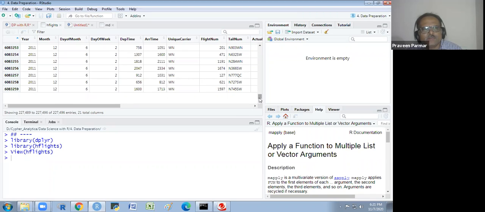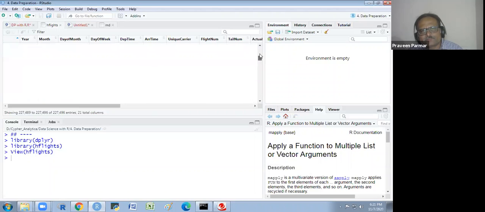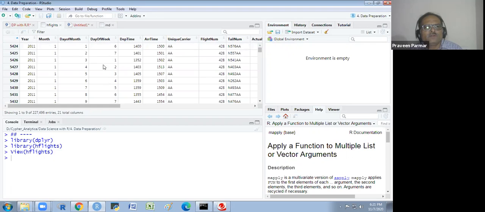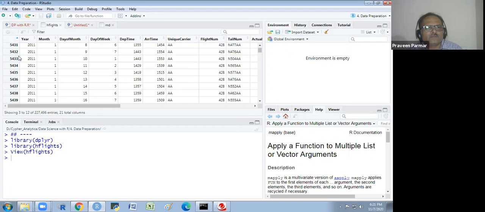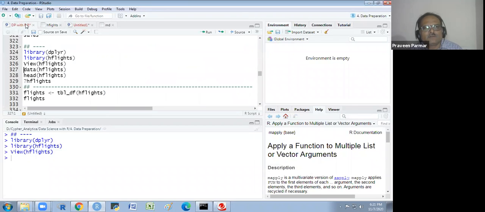We have this data, and we have 683,259 rows. I will show you this.